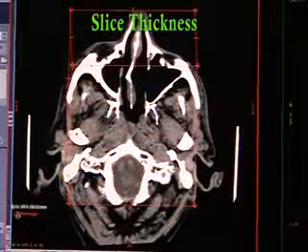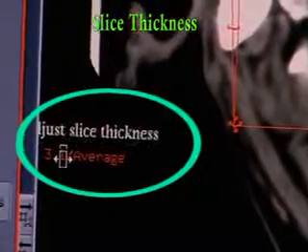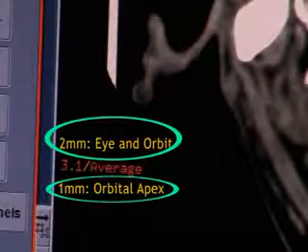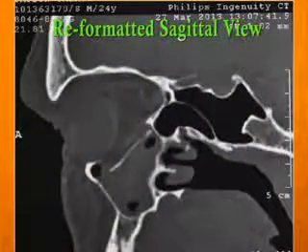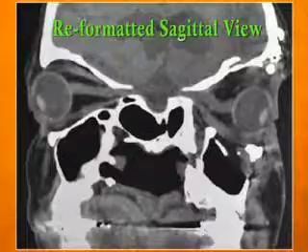Spatial resolution of a CT scan depends on the slice thickness. The thinner the slice, the higher is the resolution. Usually, 2 mm cuts are optimal for the eye and the orbit. Routine CT scan of the orbit involves the axial view as well as coronal view. However, reformatted sagittal views have a special application in cases of trauma.